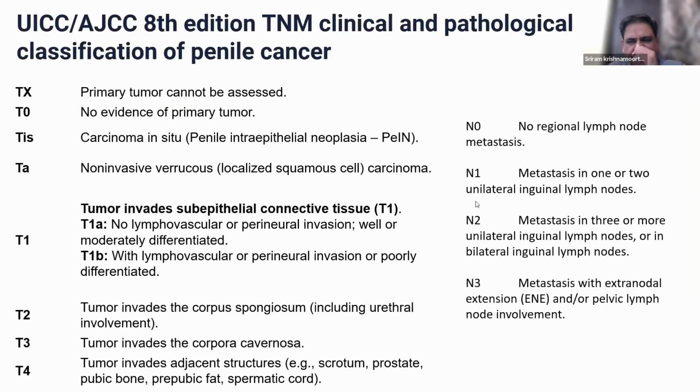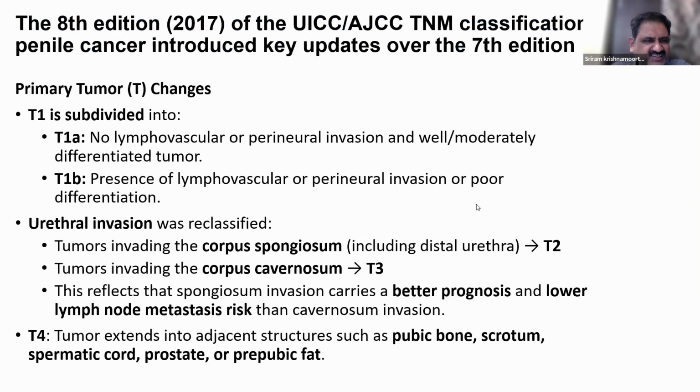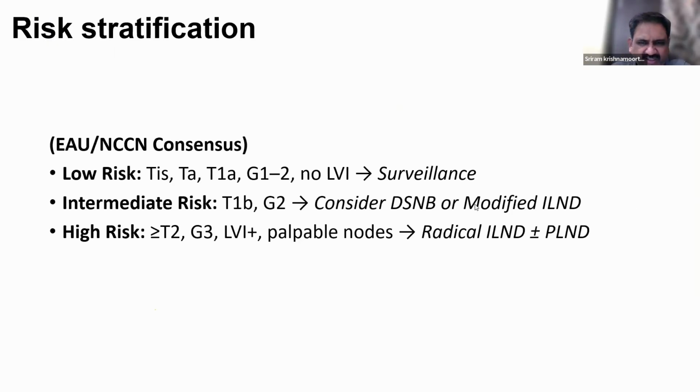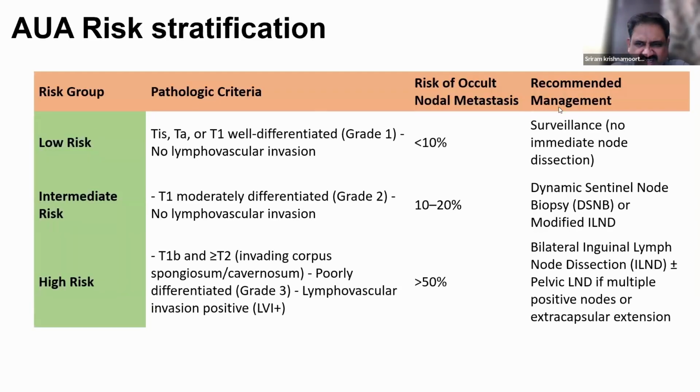Okay. Management, again, based on this TNM, which we discussed in detail, actually. All this we have discussed. Just run through that. I will share the slides. Risk stratification, either you can do EAU or widely followed as the AU risk stratification or the NCCN guidelines. Some say low risk, intermediate, and high risk. Some have included a very low risk group also. Whichever you believe in, it's always safer to have 3 risk groups, low, intermediate, and high risk, and plan your